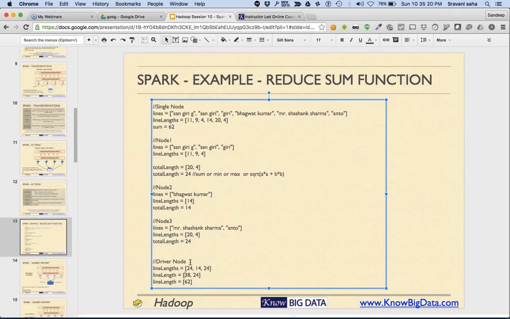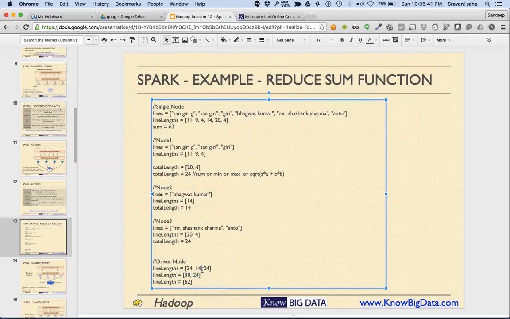Now, on the driver node, the line length value is 24 from the first node, then 14, and 24 from the third node. Correct? And then the summation will start happening in the same way. First these two values, and then the summation of these two.